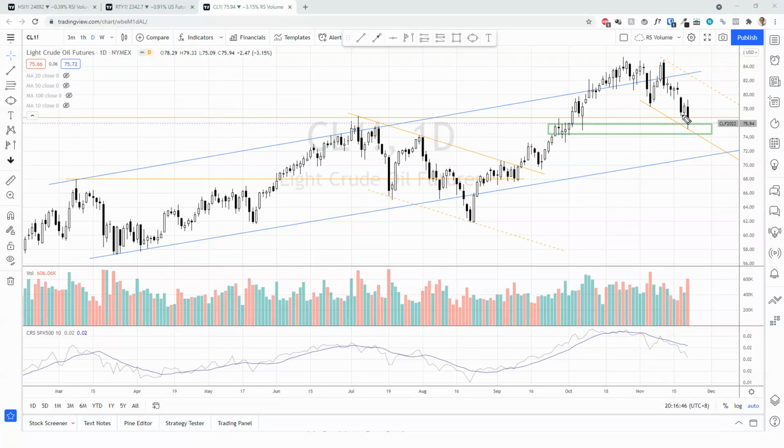So I just wonder if there will be some kind of support or demand here. It is the logical place for demand to pick up and then try to push the price up to at least test the axis line here. So 80 is a very important point. We need to see some form of commitment above for a bullish case. Otherwise, it's quite a natural place to have a rejection and then another reaction down.